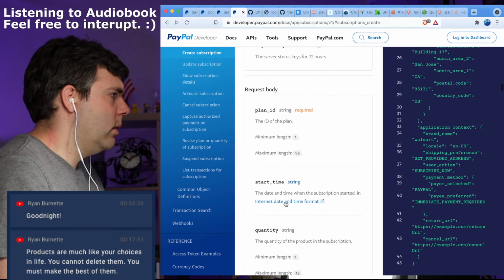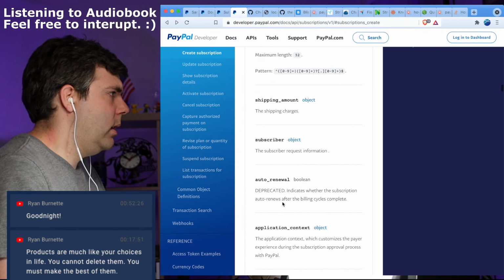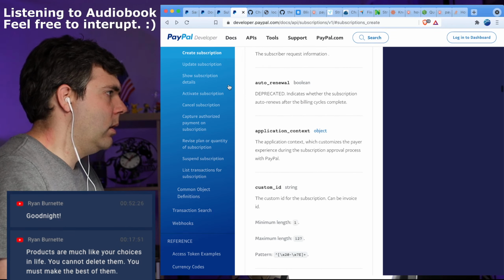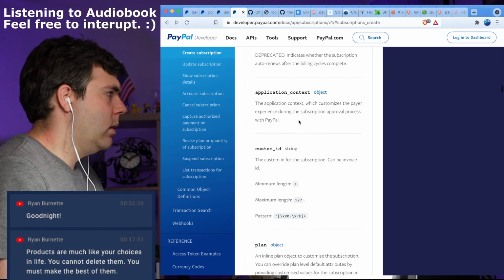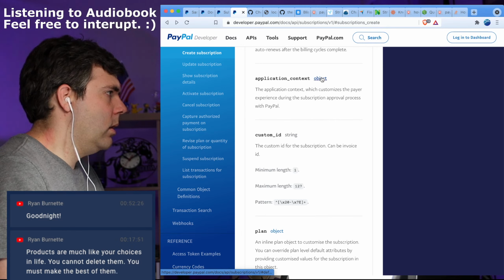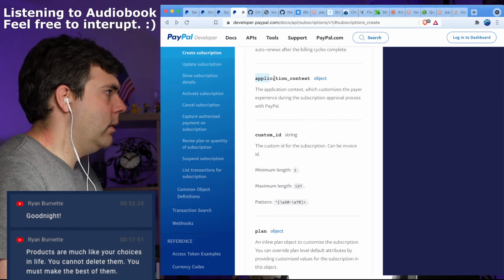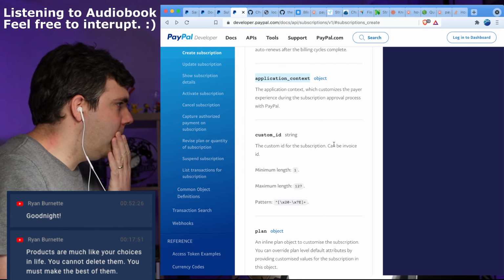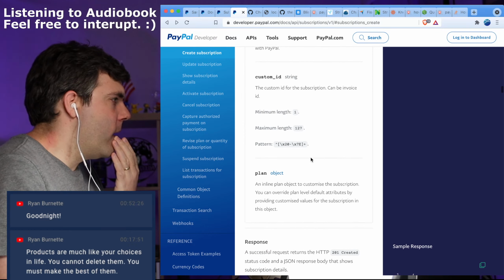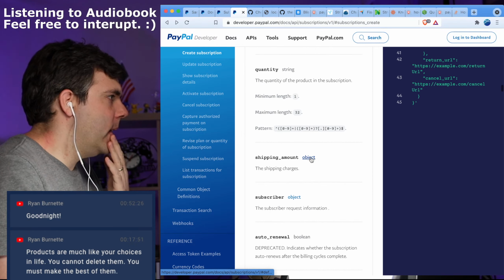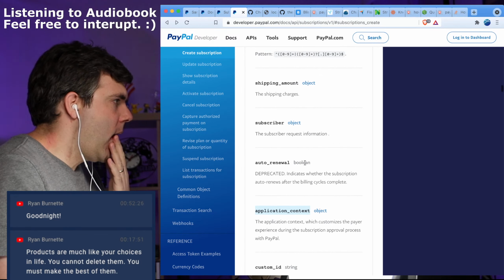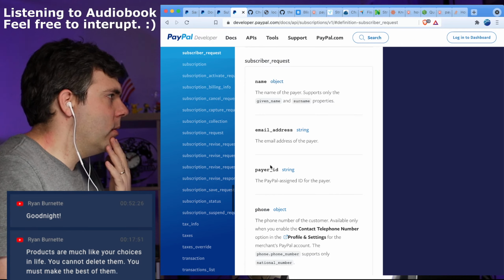Is that really, really true? Plan ID, shipping, subscriber, auto renewal. Oh, application context is definitely something that is desirable. Custom ID can be invoice ID. Plan ID, shipping amount, blah, blah, blah. And subscriber information really doesn't matter.